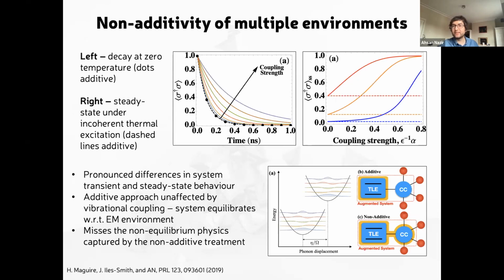So the electromagnetic field here is at non-zero temperature. Going from blue to red is going from colder to hotter temperatures here. So there's some thermal excitation. So it completely misses the non-equilibrium physics of the full non-additive approach, where we've got a competition in the long time limit between the system attempting to equilibrate with the electromagnetic field and with the phonons, since the two were held at different temperatures. So we end up with a non-equilibrium situation that the additive approach just can't capture.